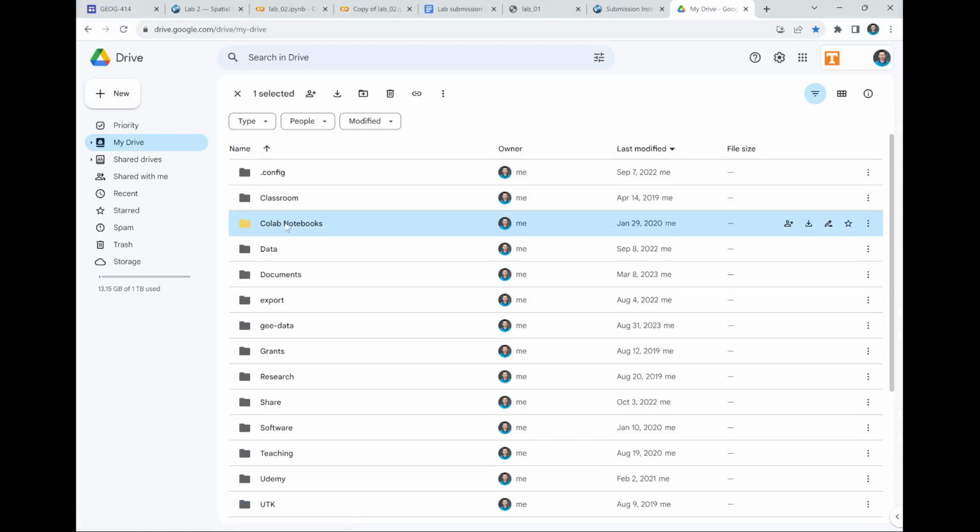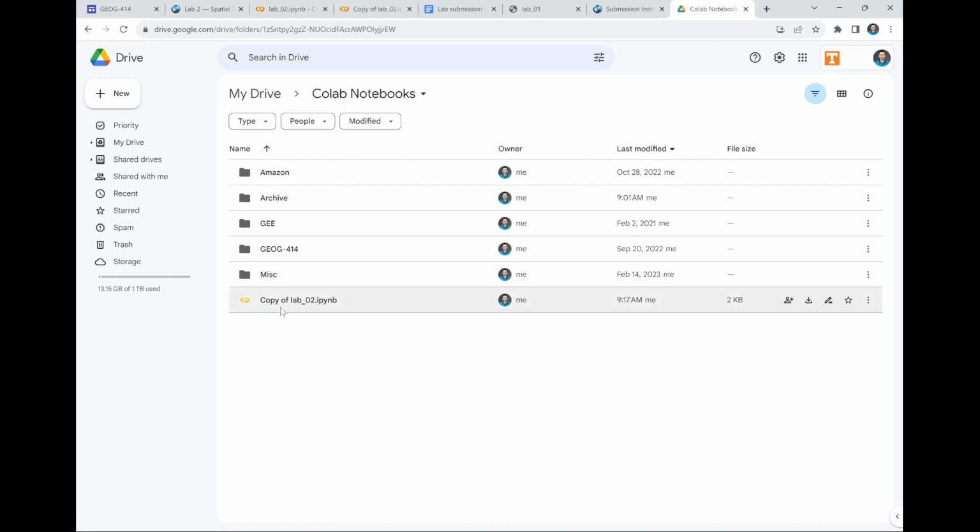If you copy something, all the notebooks by default will come to here. So take a look at this one, copy of lab 2. This is where the notebook has been copied to. Okay, so under the Colab notebook,